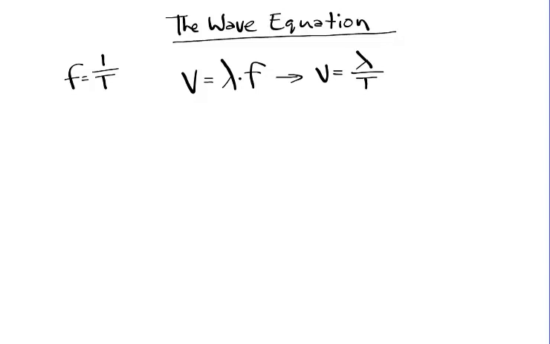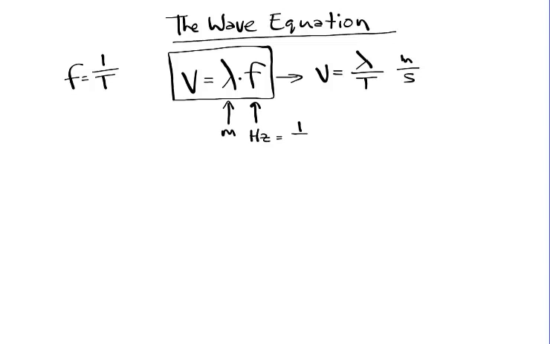And I think this makes a lot of sense because the units of the wavelength are meters and the unit for the period is seconds, and so you're getting a speed in meters per second. It's not as obvious when you write it this way because the units of the wavelength are meters, but the units of frequency are hertz. But we have to remember that a hertz is equal to 1 over seconds. So now if you multiply them, I think you can see meters times 1 over seconds, you're going to get